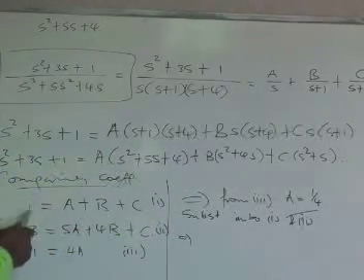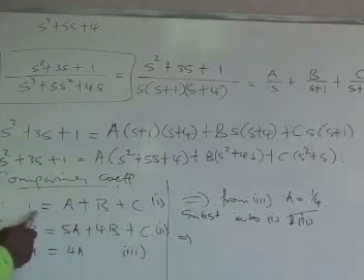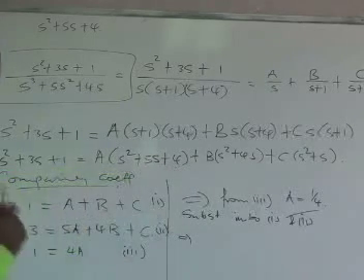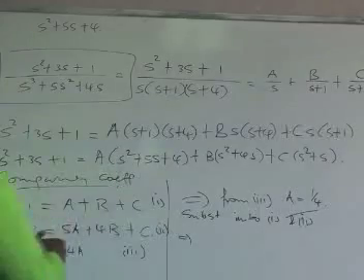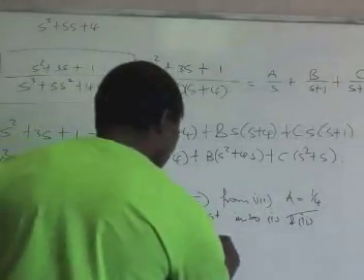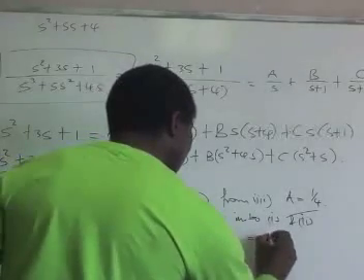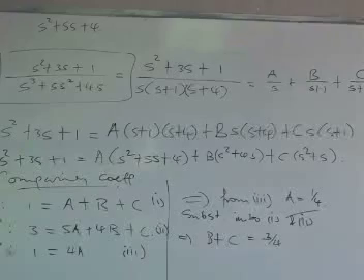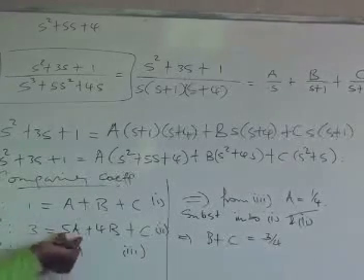So this comes to this side, and it becomes 1 minus 1 over 4. We get 3 over 4, which means B plus C is equal to 3 over 4. Similarly, we have 5A, so it becomes